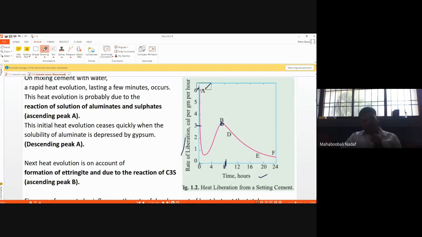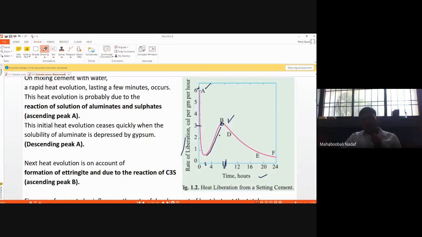But after some time, again, heat is slowly liberated. Means some chemical reaction is taking place in this case also. Point A is also a chemical reaction, but some other chemicals are reacting, with sudden heat liberated. Once those chemicals have gone, the heat is down. From this point to this point, some other chemicals are reacting with water. That is why heat is slowly liberated till point B. After 1 hour or half an hour, that chemical reaction takes place and it will last up to 8 hours or 6 hours.